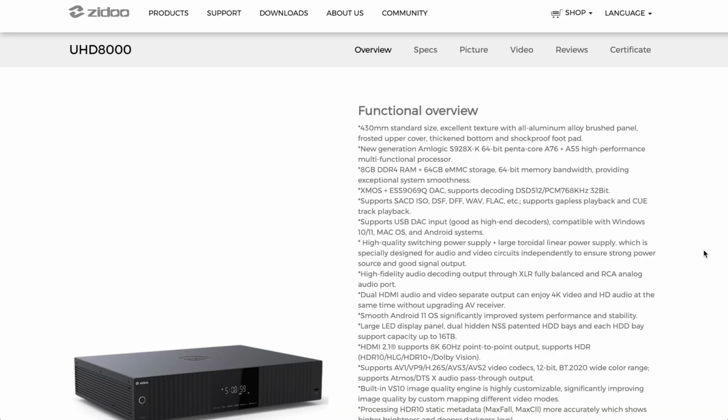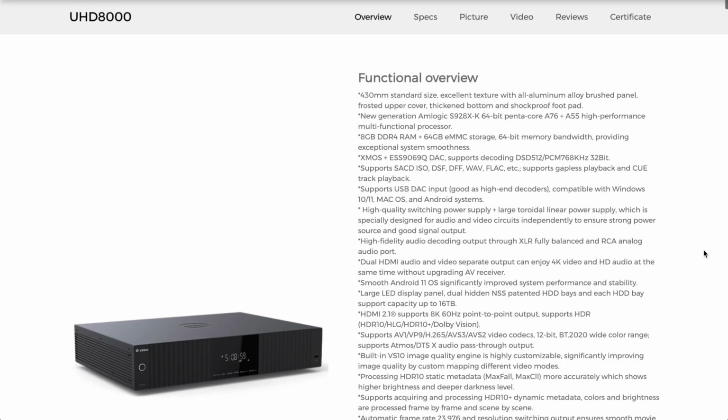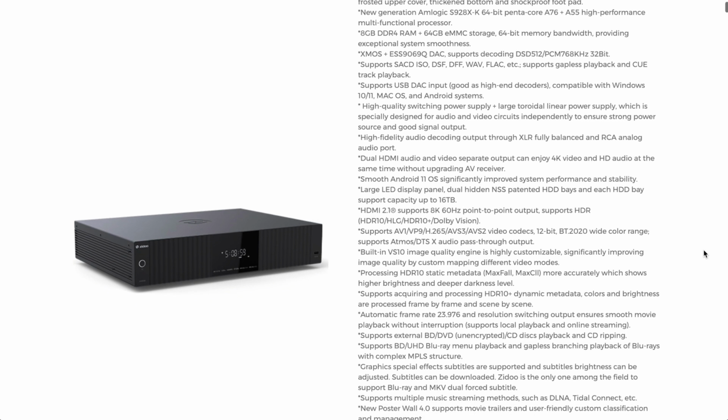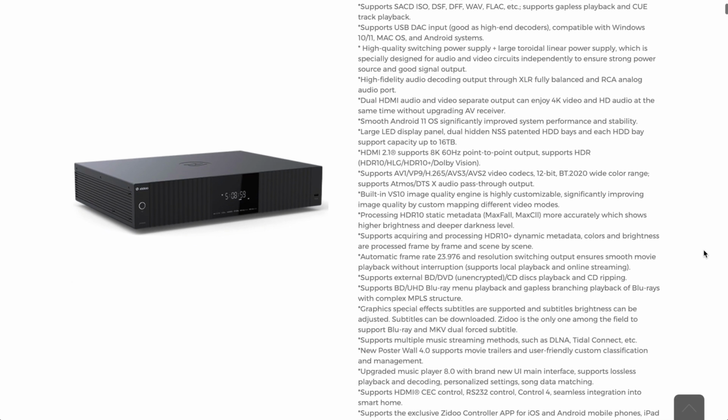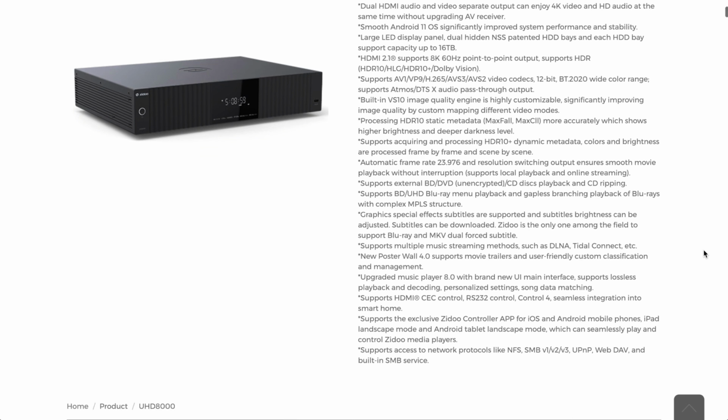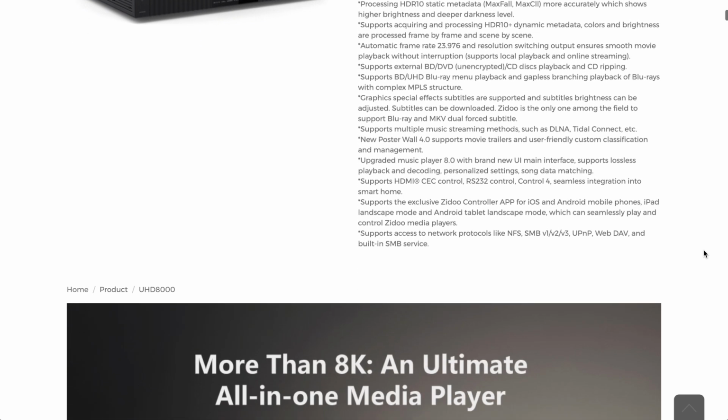Now, if you're at all curious about this and think that maybe this might be something that you want to use, I definitely recommend going to their website. They've got a full detailed list of all of the specs, all of the technical details. You can compare and contrast the different models and see what would work for you. Every person's situation is different, but I think for most people, the Z9X,